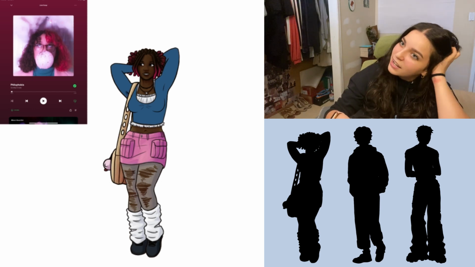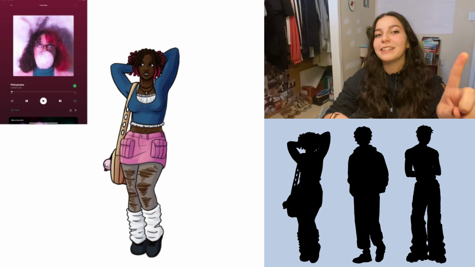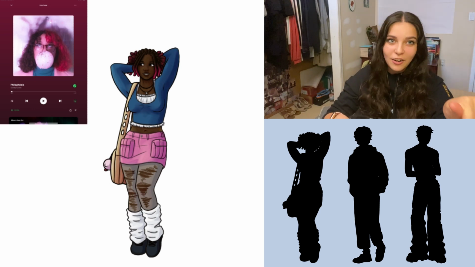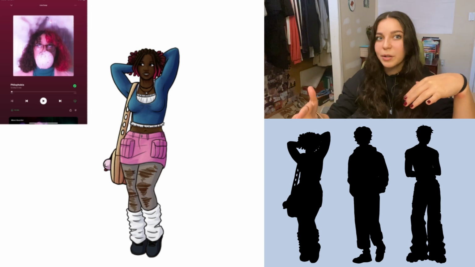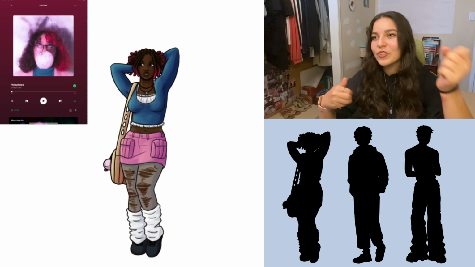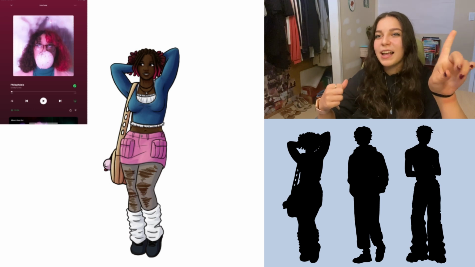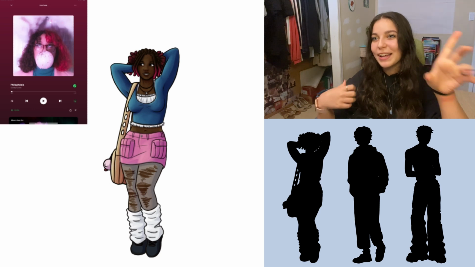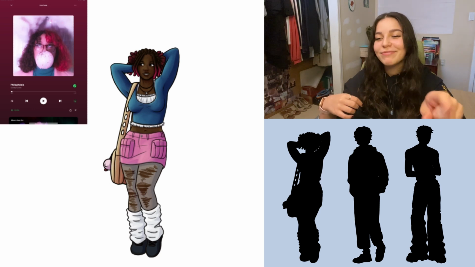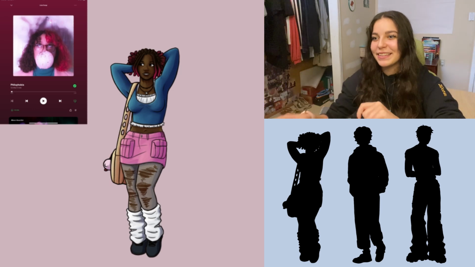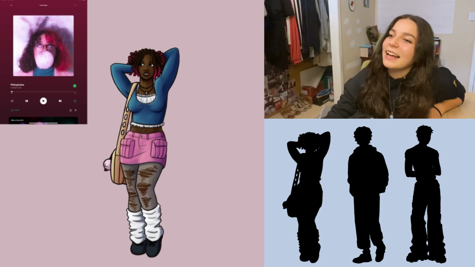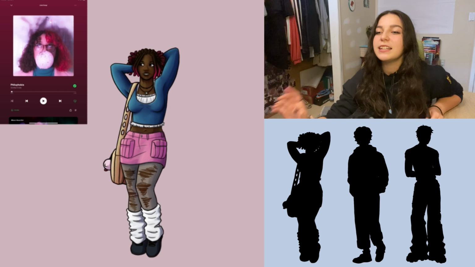I have to mention this, because as soon as I saw her, and also I did some research on the band, and I was listening to their whole album when I was designing her, they are very LGBTQ, like their band. So I was like, you know what? She's a lesbian. She has to be a lesbian. I'm sorry. It's just the way things have to go. But yeah, I had a lot of fun with her. She was definitely the easiest